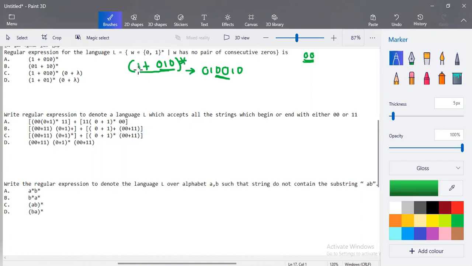So first time I may have 1 or 0, 1, 0, or 1 or 0, 1, 0, any combination. Okay, 0 or more iteration. So when this 0, 1, 0 occurs repeatedly for 2 times, you have 0, 0 occurring consecutively, like a pair of 0, 0. So A is not the option that we are looking for. So we'll take the next option.